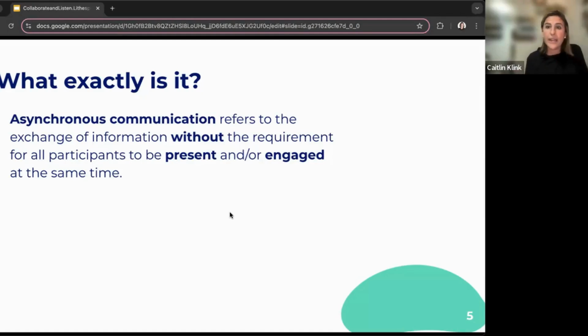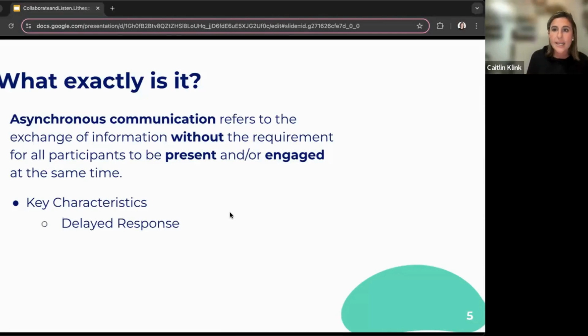This type of communication is marked by some key characteristics, and we're going to look at these characteristics today and maybe unpack some preconceived biases, either for or against them, and talk about how they can be beneficial for us. So the first, maybe inherent and obvious, is a delayed response.